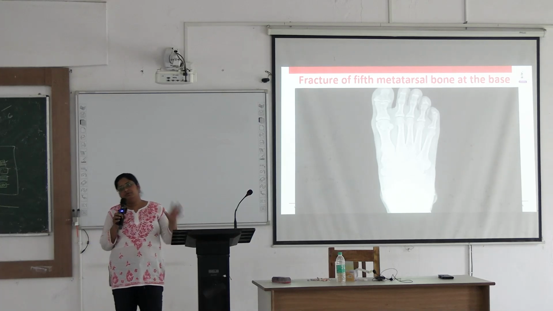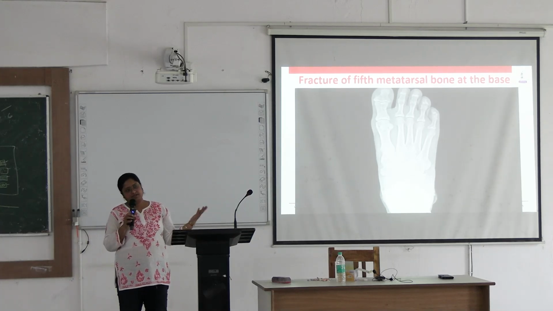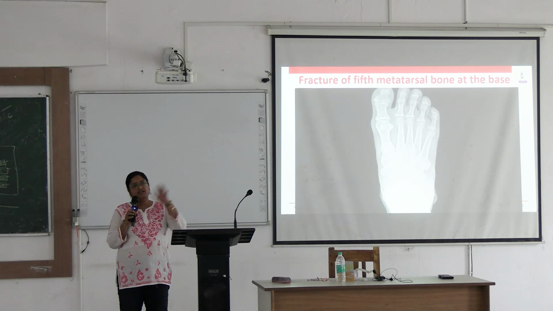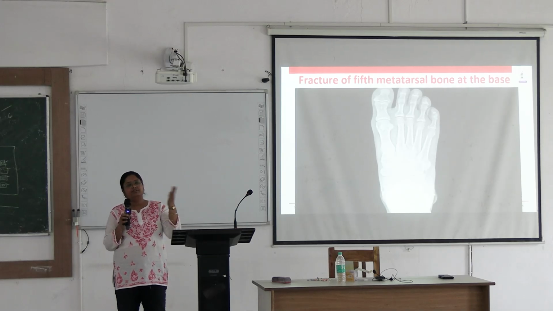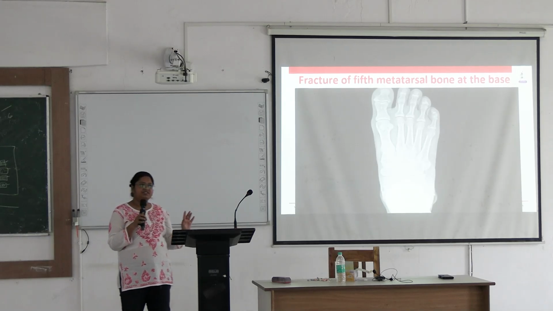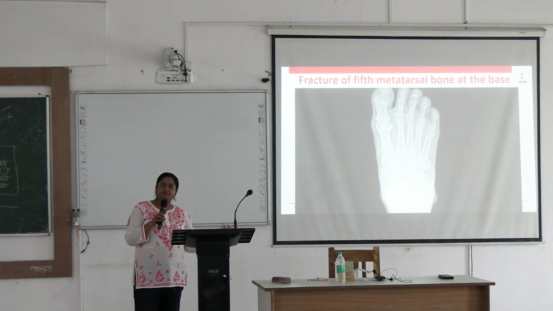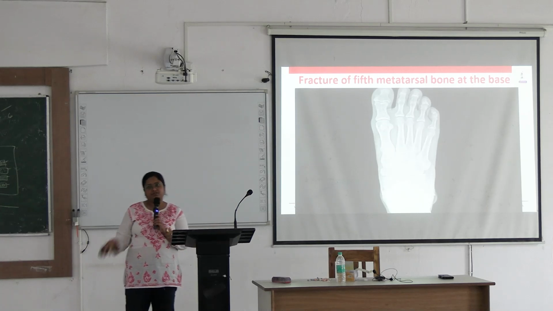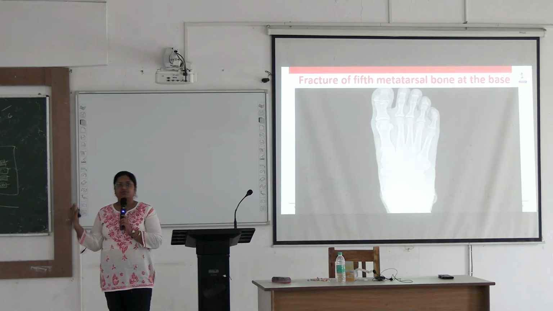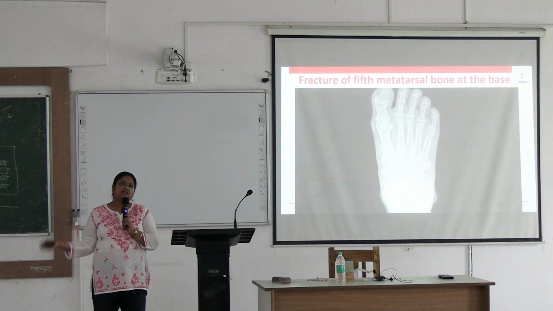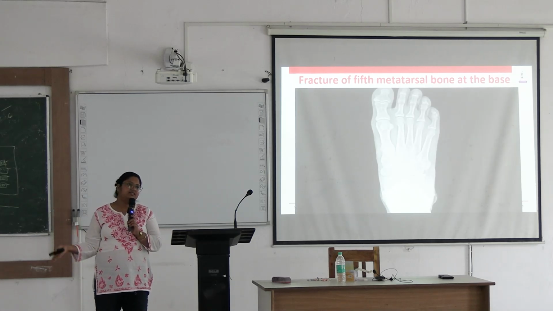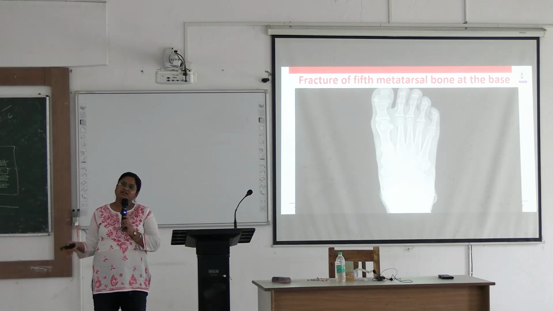So we have to see the X-rays of the hip joint along with the pelvis and lower part of the lumbar region. You have to know Nelaton's line for determination of fracture and dislocation. After that you will see the X-ray of the knee joint, anteroposterior view and lateral view. Next, you have to know the ankle joint, anteroposterior view and lateral view.